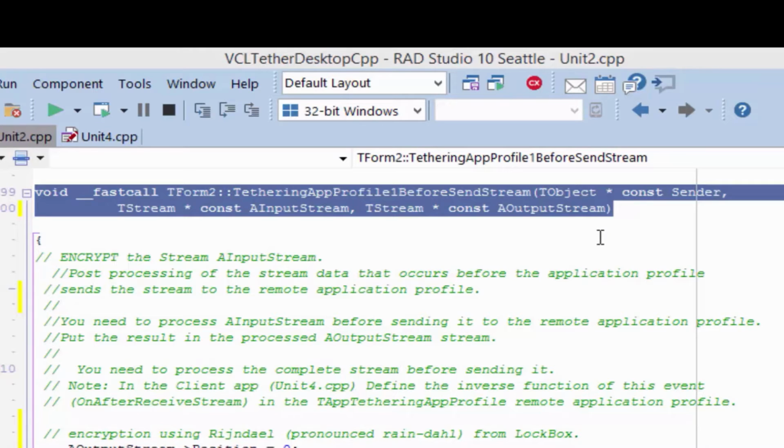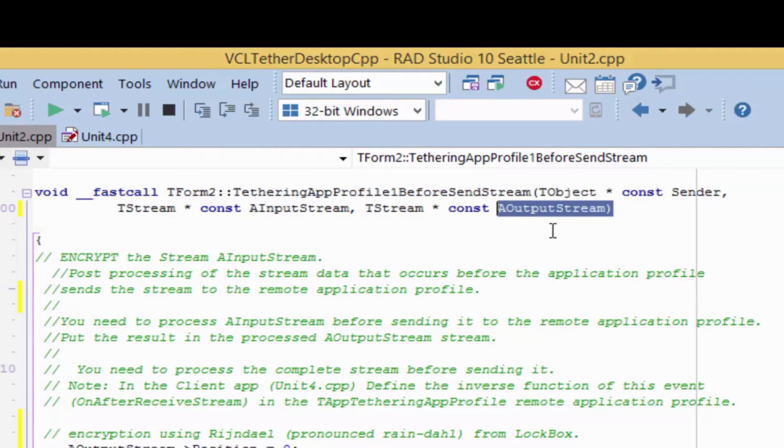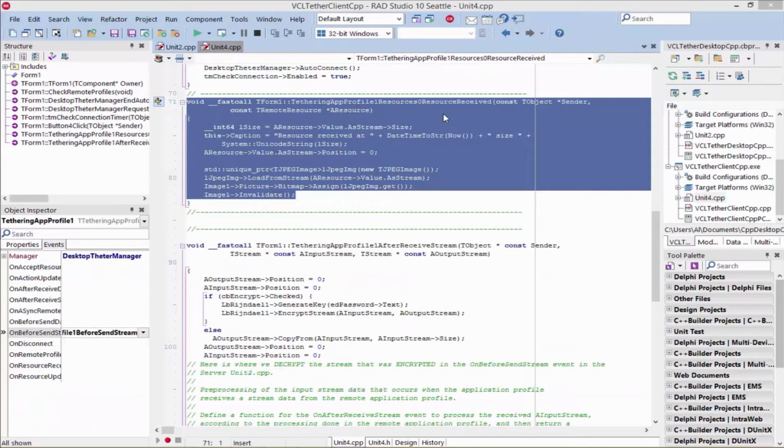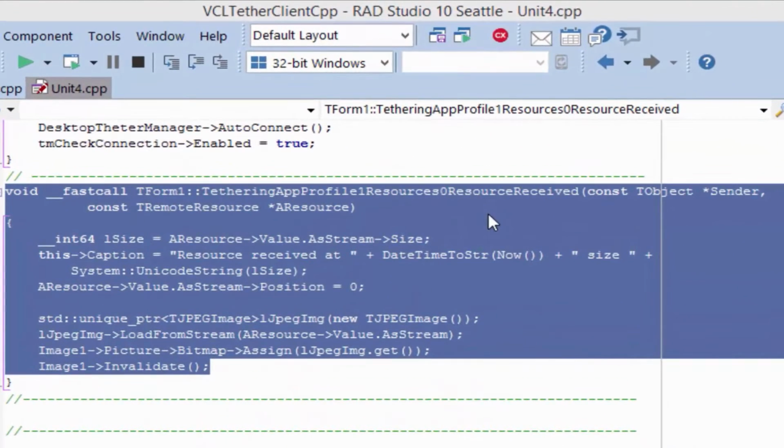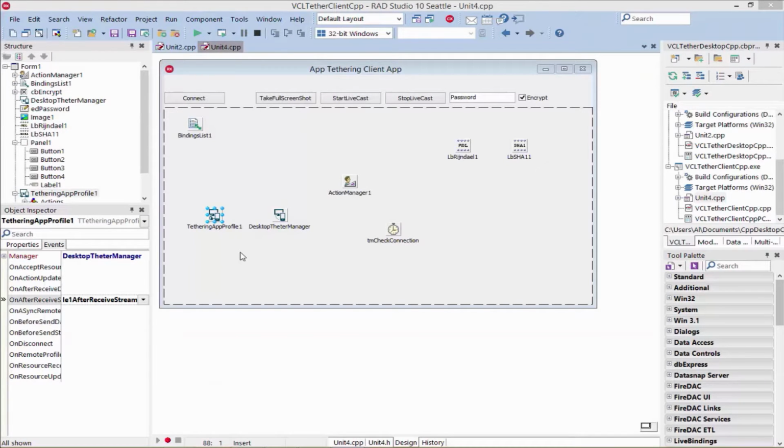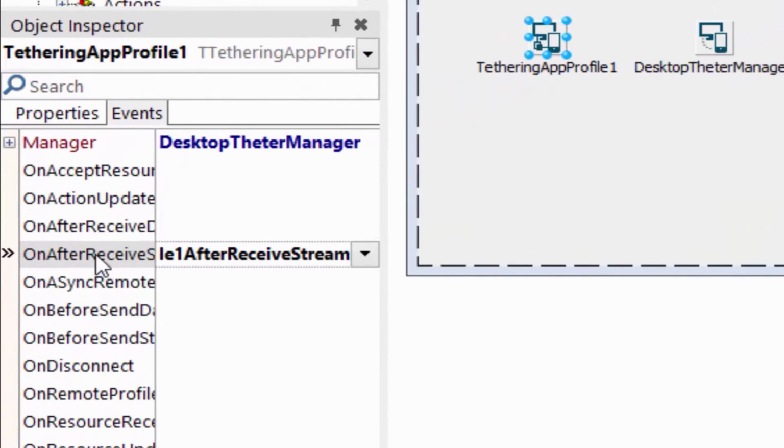So here is where we encrypt the stream data, and then we put the result in an output stream. On the connected client app tethering apps, the tethering app profile's on resource update and/or on resource received events fire since we received a new or updated data resource stream. But before the stream is received by the connected client tethered apps, the tethering app profile's intercept event handler on